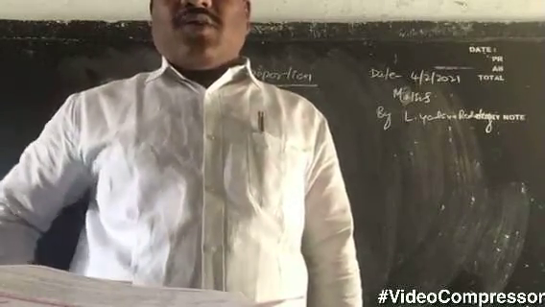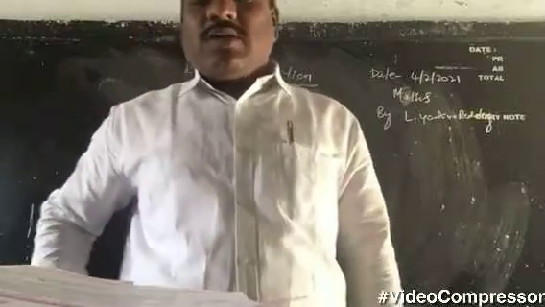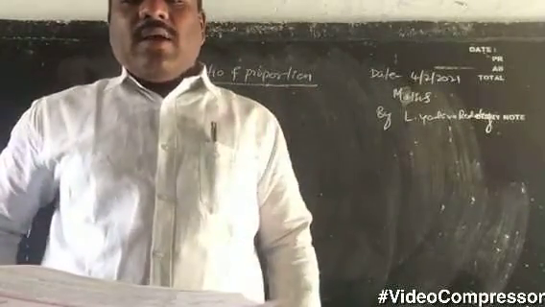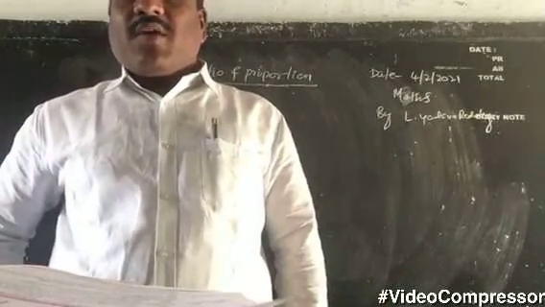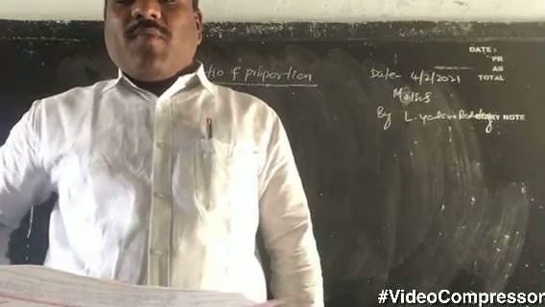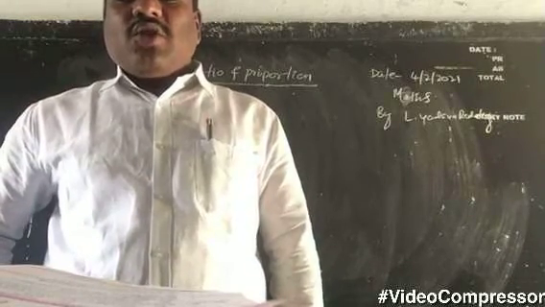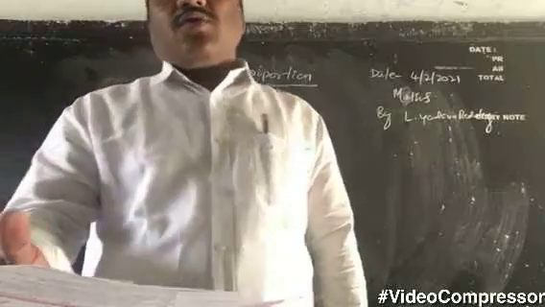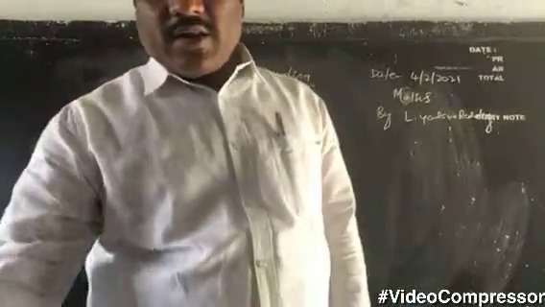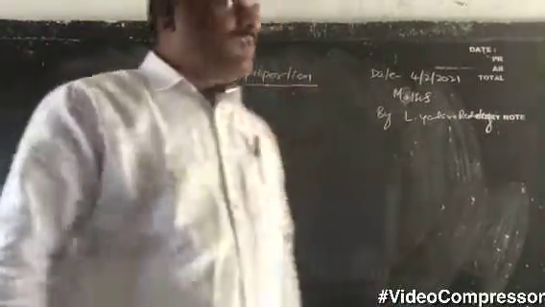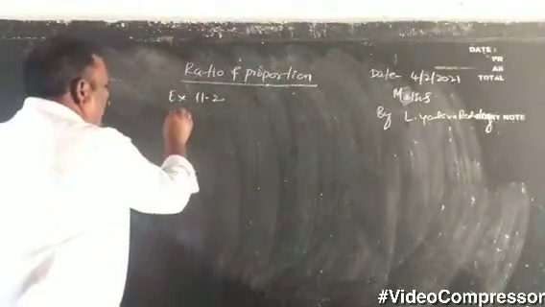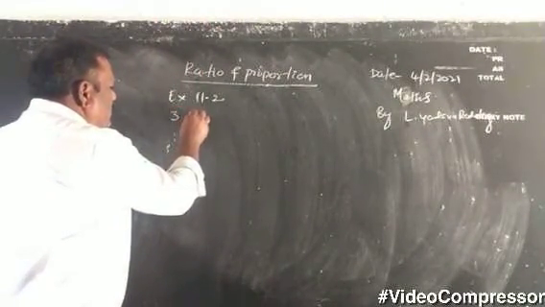There are 32 students in a class of which 12 are girls. Find the ratio of number of boys to number of girls, the ratio of number of boys to total number of students, the ratio of number of girls to the total number of students. This is the problem given in the textbook. Now the first part of the solution, children. That is the third sum, first one.